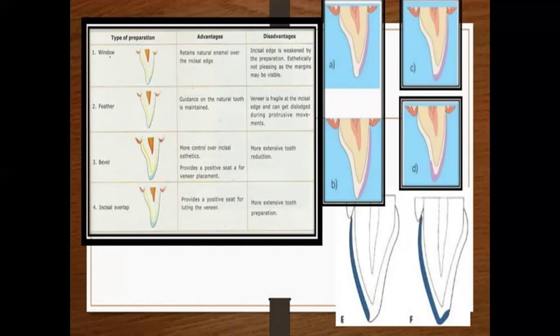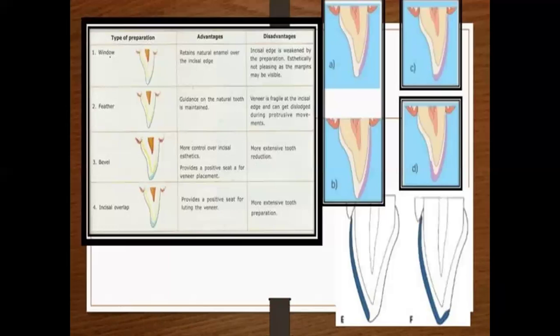Next is a feather type of preparation. There is guidance on the natural teeth, and it can be maintained in the mouth. The disadvantage of this is the veneer is fragile at the incisal edge and can get dislodged